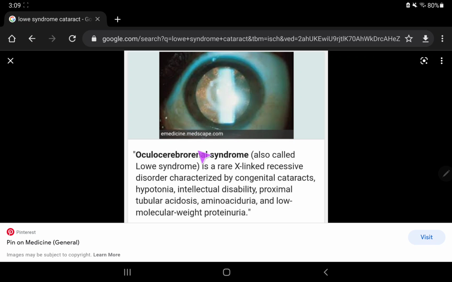In Lowe syndrome, also known as oculocerebrorenal syndrome, because it affects the eye, the cerebral cortex, and the renal kidneys. It is an X-linked recessive disorder. Its features include: one, congenital cataract; two, hypotonia; three, intellectual disability; and the fourth